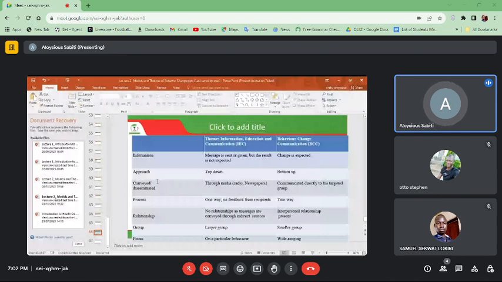Method: the message is sent to a community, and you offer them information. And this information can be through placards and so forth. You just go and give them placards and so forth. So you don't expect an immediate result from the information you have distributed. But if you're doing behavior change communication, then change is expected.